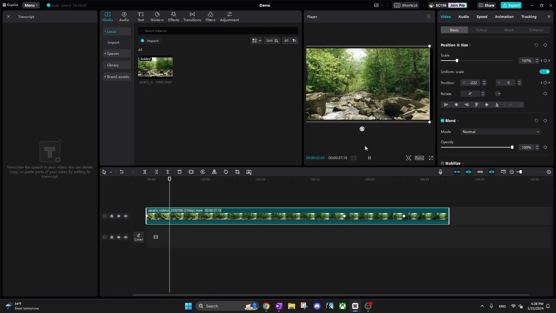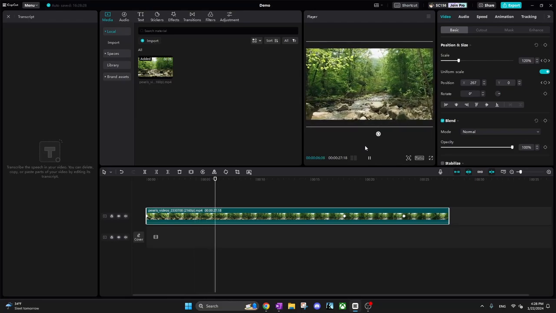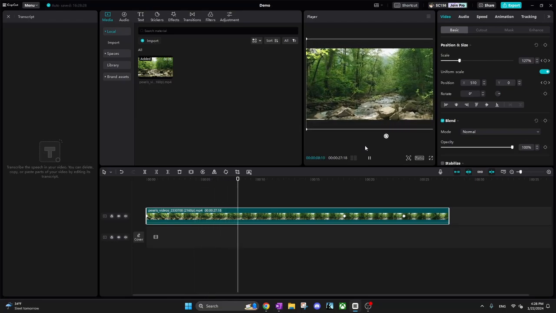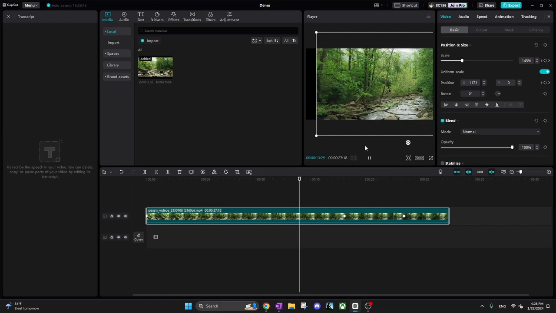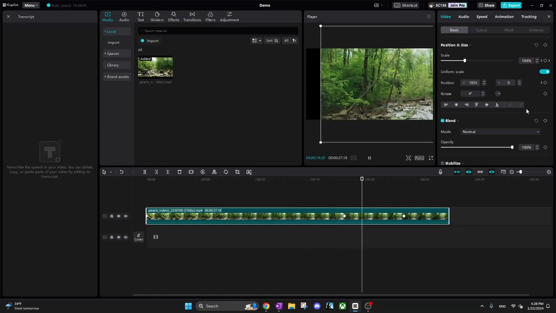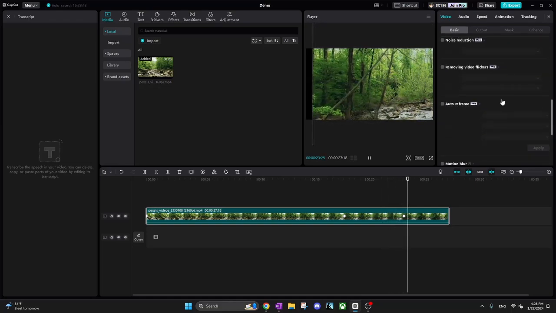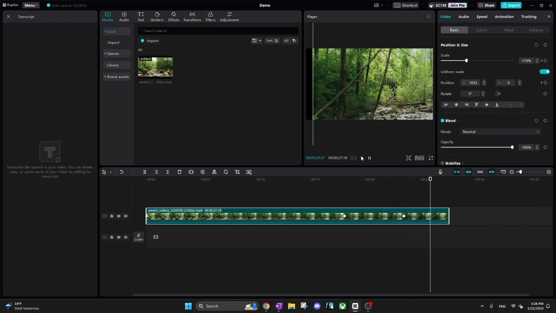Now the video is gonna move to the right basically. So yeah, it changes the position over time. You could do this with a number of things really. You could do it with rotate, blend, stuff like that. So that's kind of just a very basic tutorial on how you can use the keyframes,